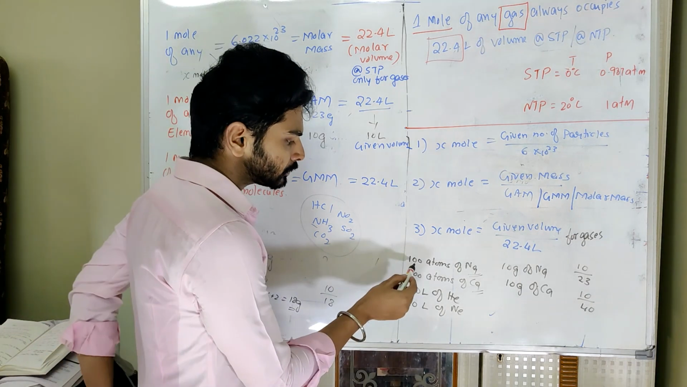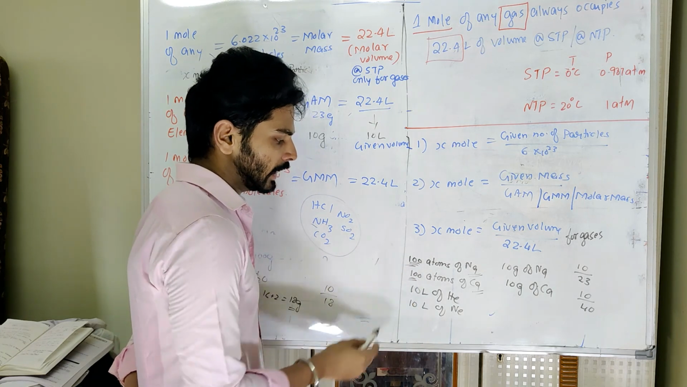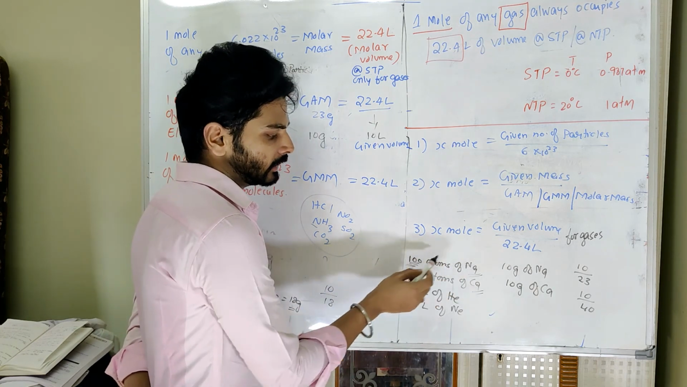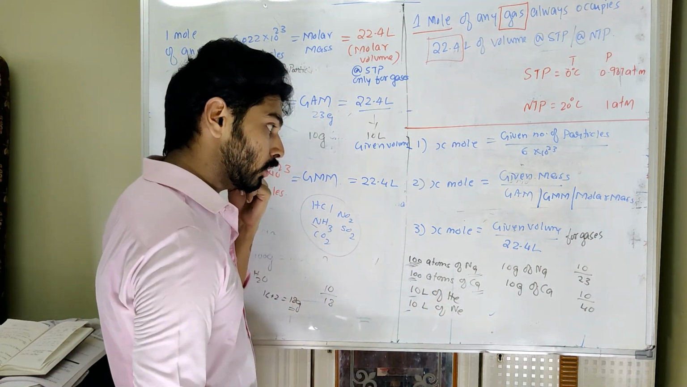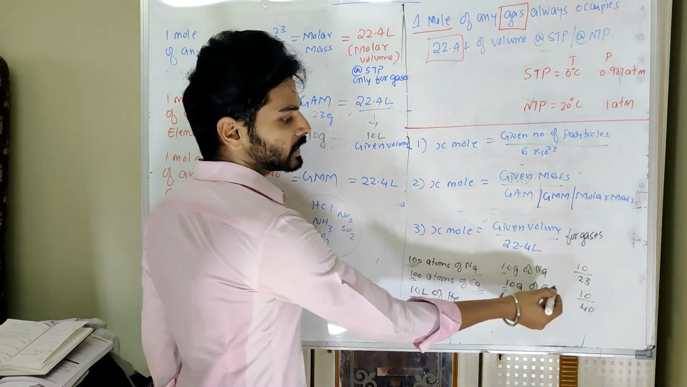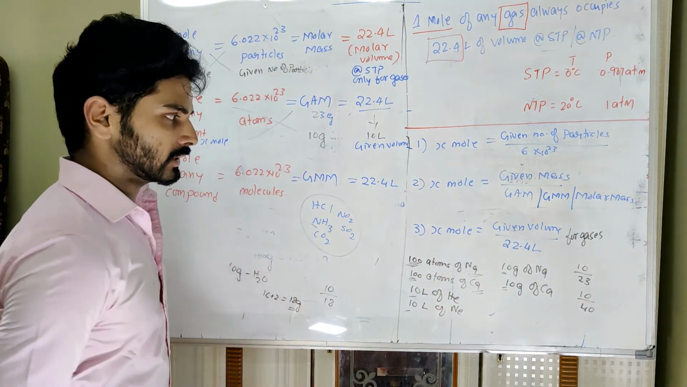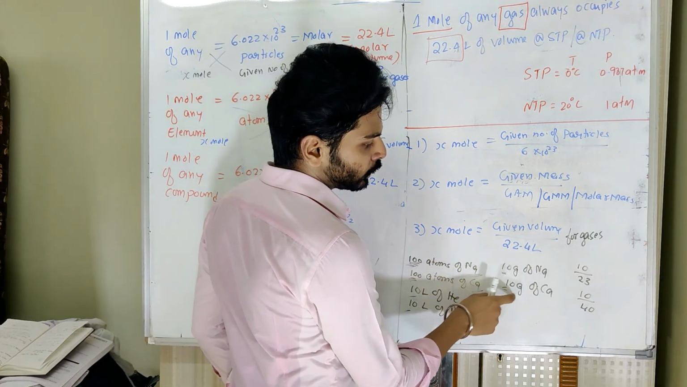To understand: equal numbers of atoms of different things will have the same mole, and equal volumes of different things will have the same mole, but equal masses of different things may not have the same mole. That will change as per the molar mass. So what we can understand is equal mass of different things